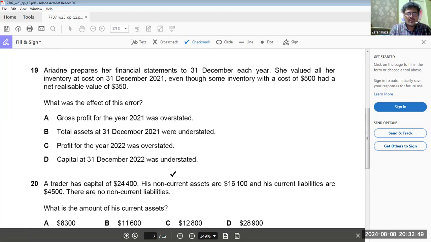Now, if you know, normally what happens in International Accounting Standard 2, we follow, where we decrease, or we keep the inventory on lower of cost or NRV. Okay. Now, if we do not use the concept of IS2, it means